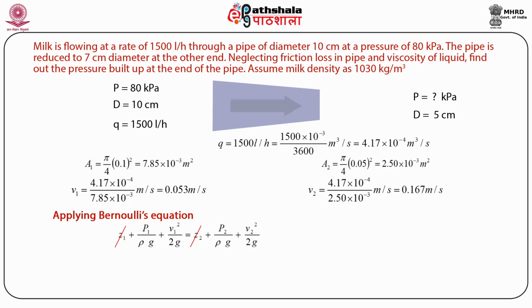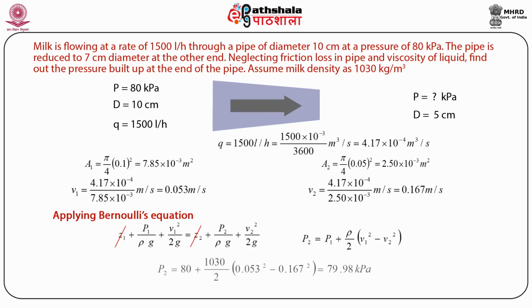Assuming that there is no elevation of the pipe, we can neglect Z1 and Z2. So our final equation will be P1 by rho g plus V1 square by 2g is equal to P2 by rho g plus V2 square by 2g. We can rewrite this in this form: P2 equal to P1 plus rho by 2 into (V1 square minus V2 square). Now putting the values of rho and V1, V2 in this equation and P1 of the left side diagram,